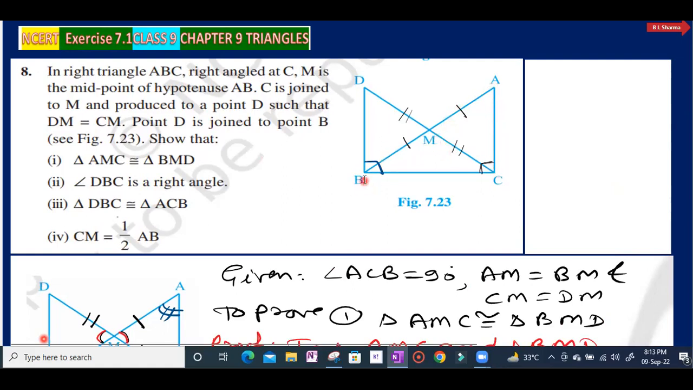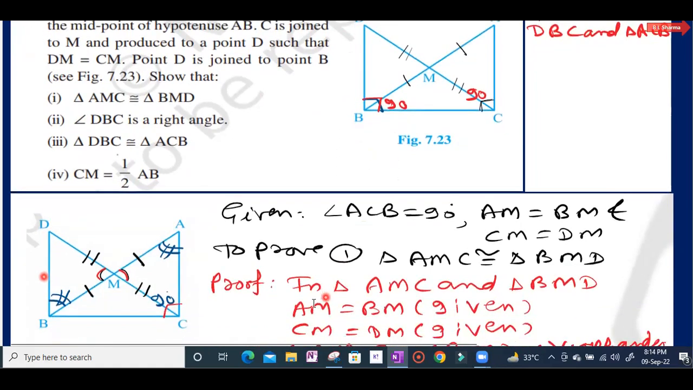We have proved that triangle AMC is congruent to triangle BMD। And now we have to prove the third part, triangle DBC is congruent to triangle ACB। तो थर्ड पार्ट यहां पे देख लेते हैं। Now in triangle DBC and triangle ACB, this triangle is DBC and this triangle is ACB। We have proved that this angle is 90 degree, this is also 90 degree।